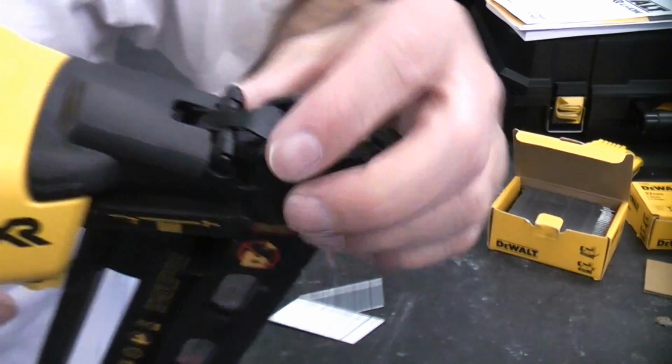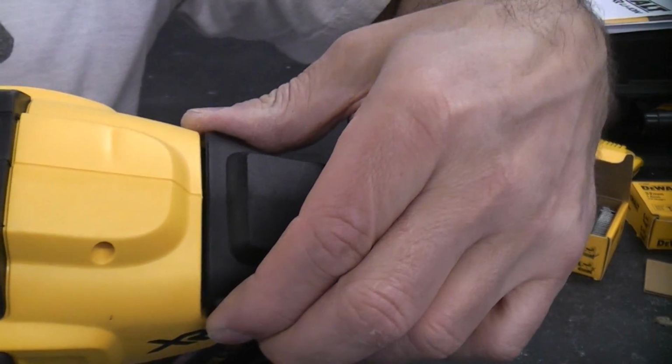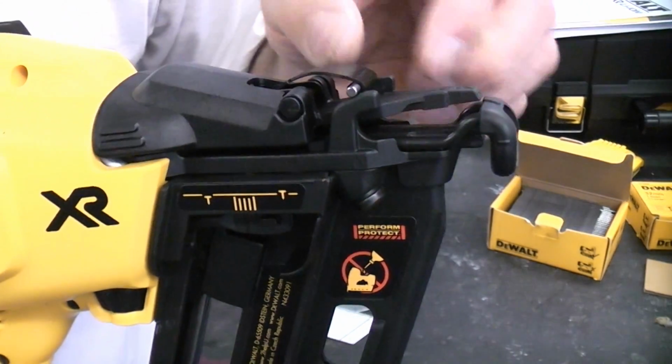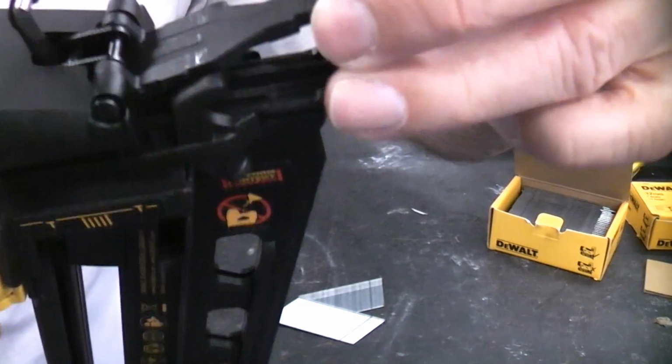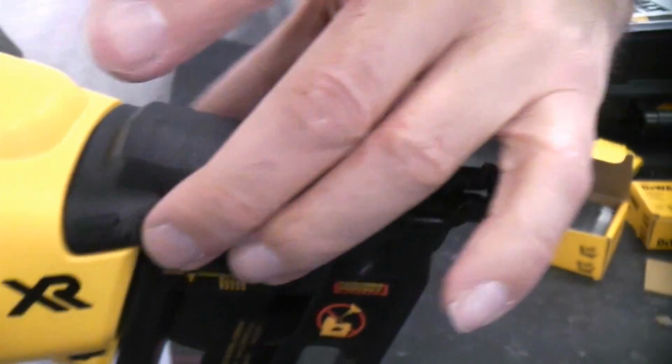To get access to the nose piece, it is incredibly easy. You don't even need any tools. Simply get hold there, pull that forwards, and then that releases the nose piece mechanism. You can then get in there and clear out the jam. Once you've done that, simply push that back,